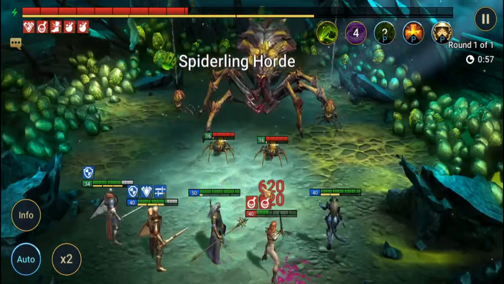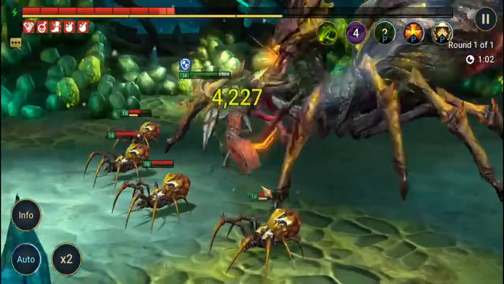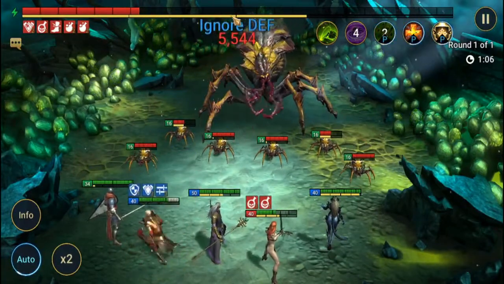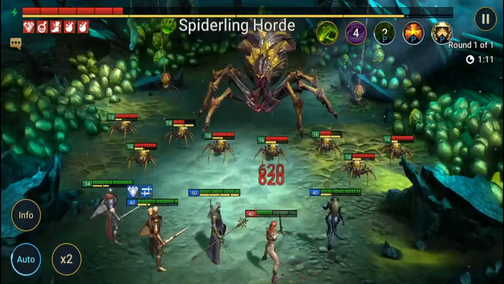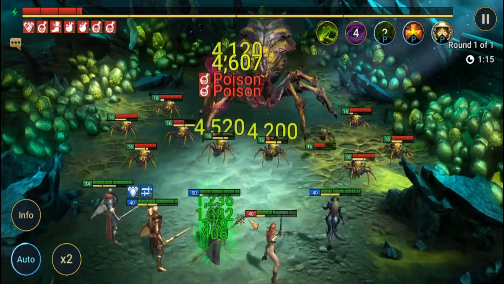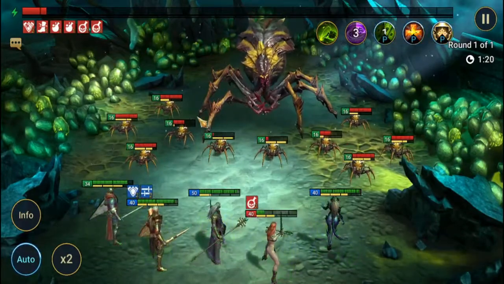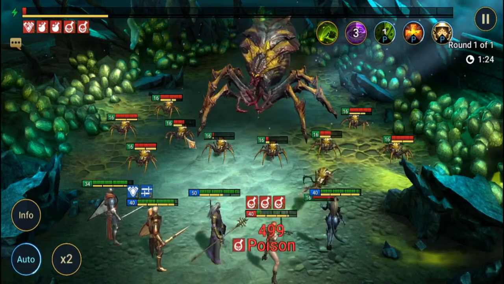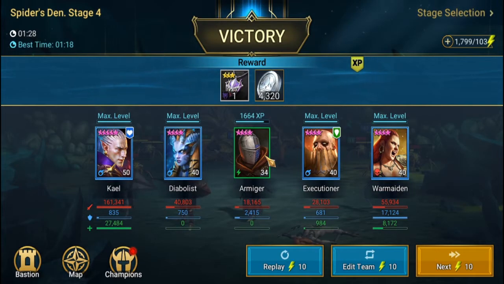There are other strategies when you get into higher stages of the spider, and that is you want to keep the turn meter down of the spider, of the actual spider queen. You want to keep her turn meter down. Another thing you can do is have someone with AOE on, because the spiderlings aren't as big of a deal as the spider is when you get into higher levels. So someone with HP burn is a good strategy